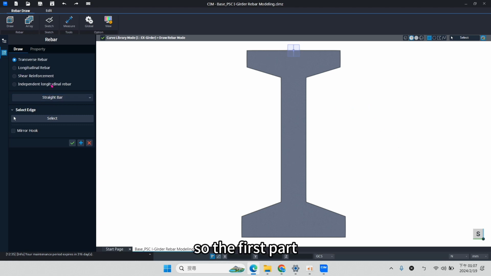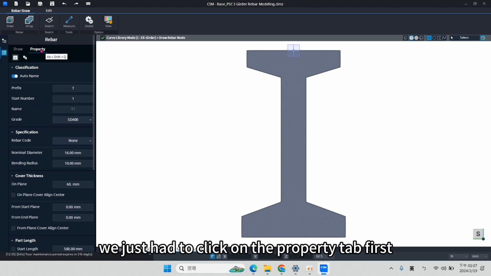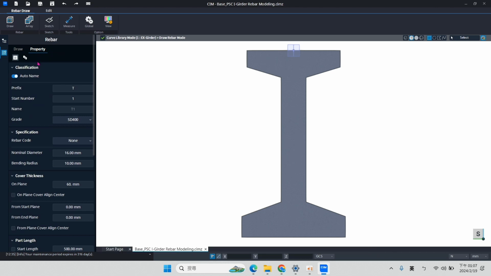Okay, so the first part is we want to insert the transverse rebar. The way to do it, we just have to click on the property first and insert the data of the rebar.